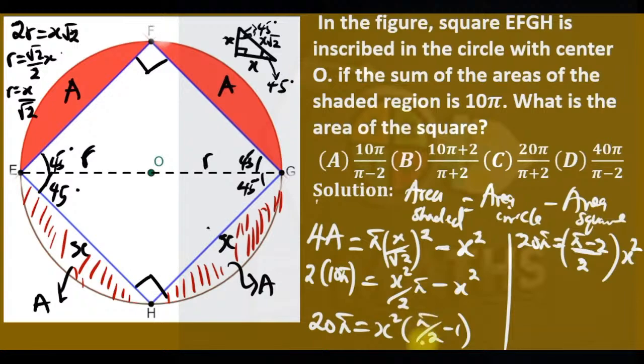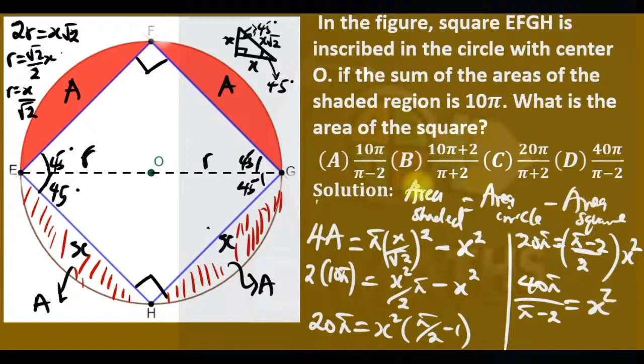Do you get pi over 2 minus 1 is pi minus 2 over 2? So we'll cross multiply, so we have 40 pi over pi minus 2 is equal to x squared,